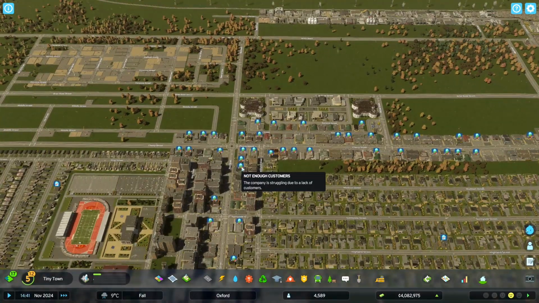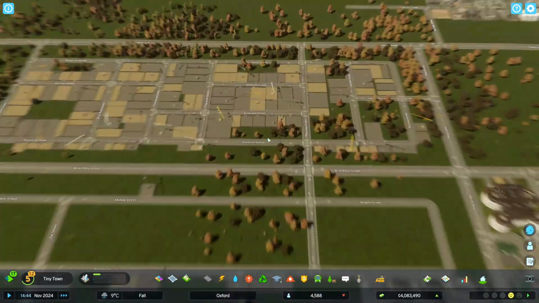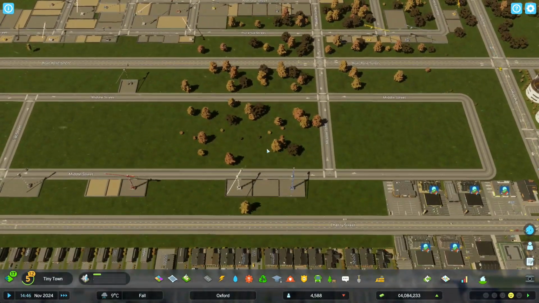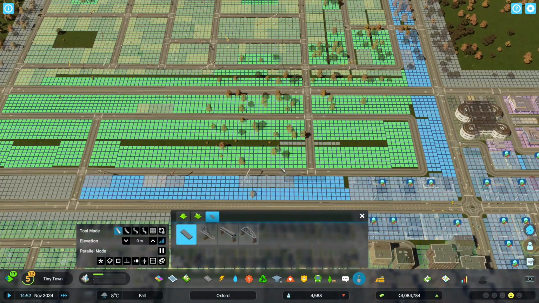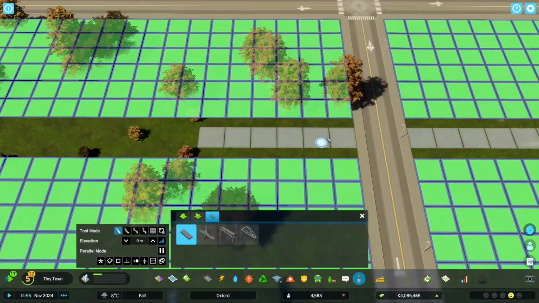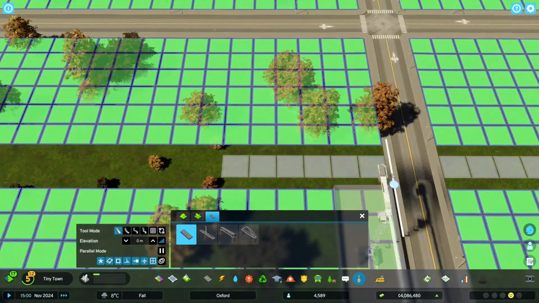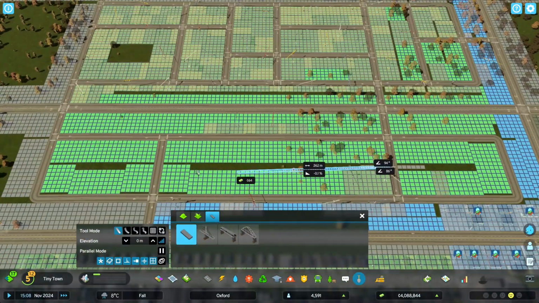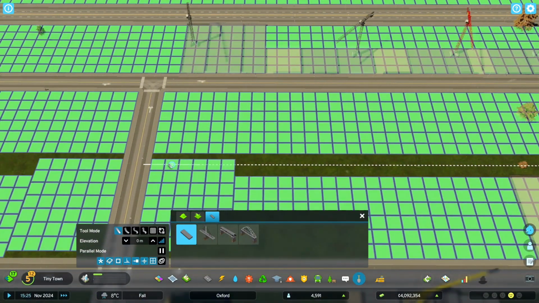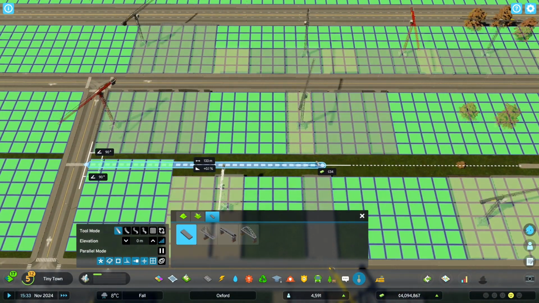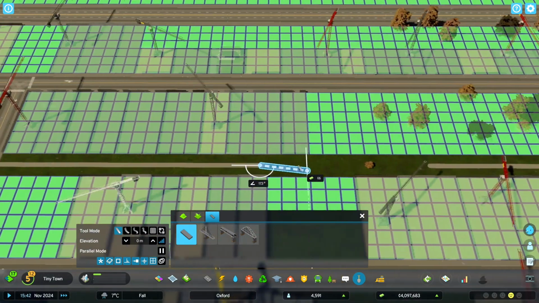That's enough to wipe out all of our industrial demand. You see lots of cranes and constructions going on there. Now we've got this central part here, which feels like it would be a good place to start a small kind of park. Obviously quite a long, skinny one, but nonetheless, just trying to line up using